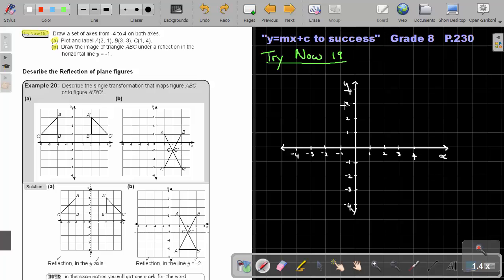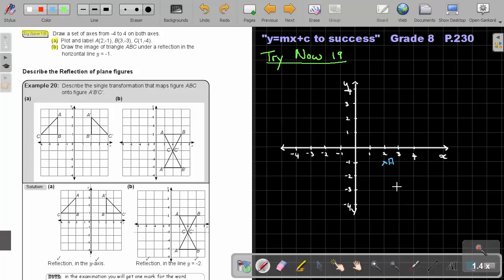Okay, so let's first plot the points. 2 and -1. So just remember, it's 2, and -1. And where they intersect, I call the point A. And then the next one, 3 and -3.